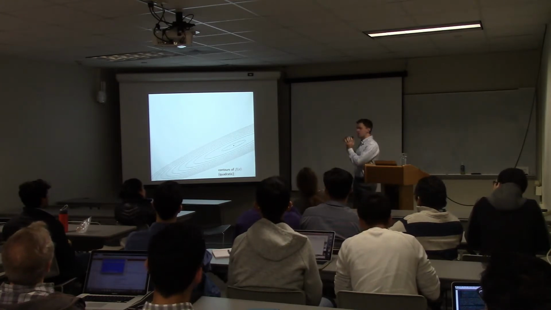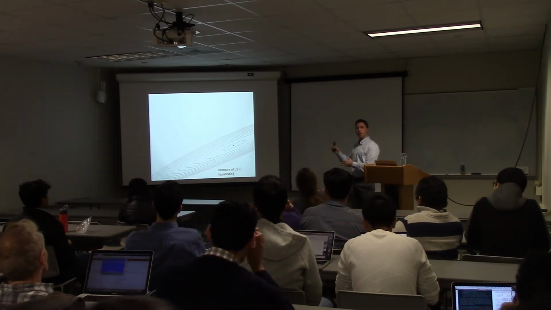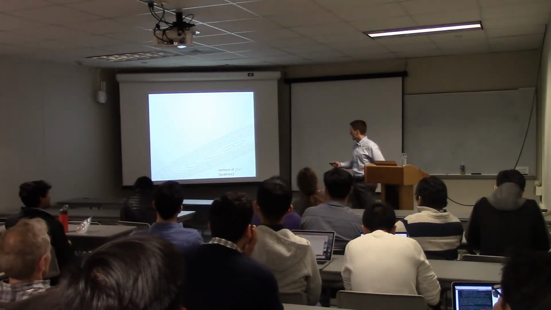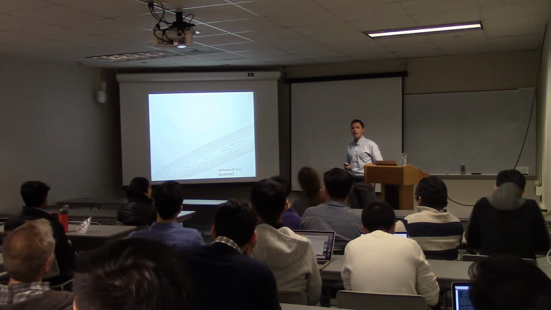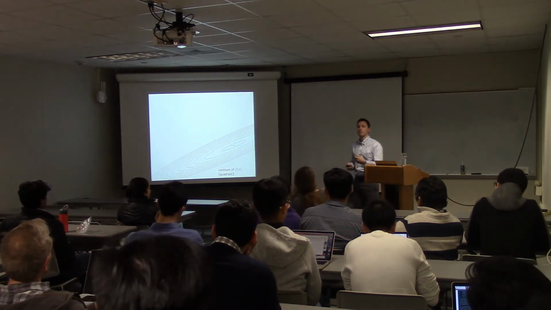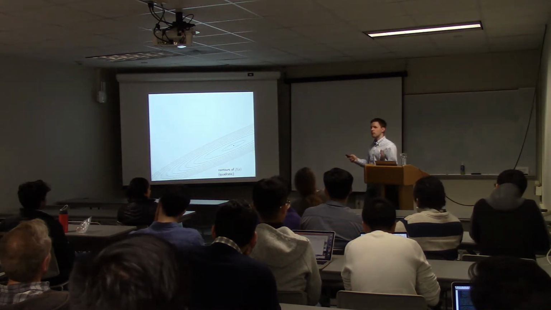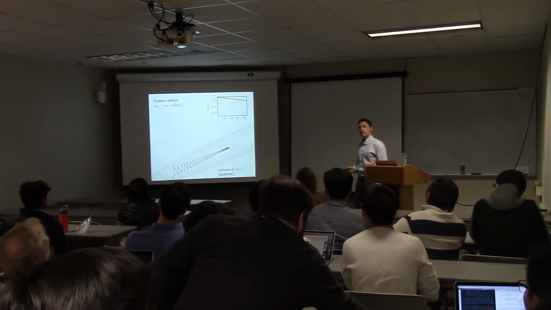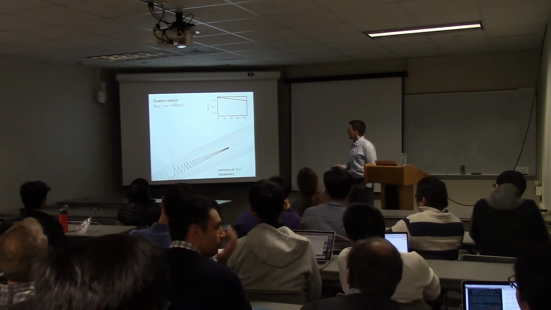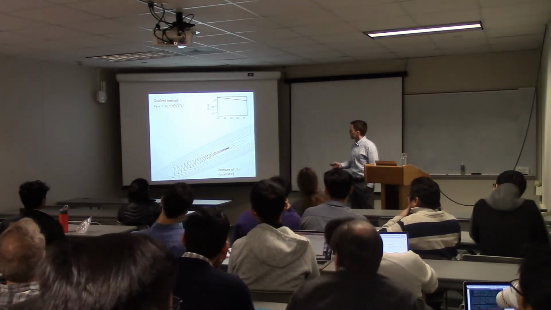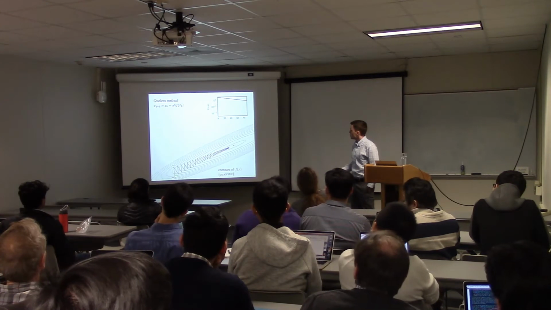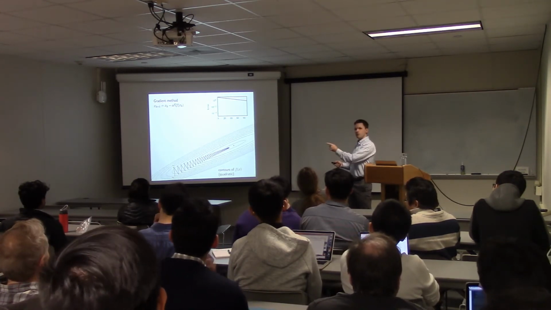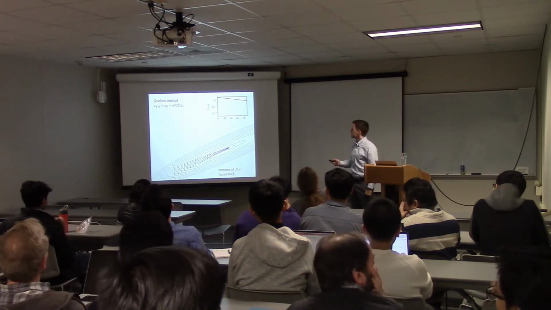So let's pretend that this is the function we're trying to optimize, and these are the contours of that function. In this case, it's just a quadratic function. And this is the optimal point that we're trying to find. We're going to use an iterative method. So what's the simplest iterative method anybody can come up with? Gradient descent. So what does gradient descent look like? It looks something like this. You start at some point x naught, and then you move in the direction of steepest descent. You evaluate the gradient at your current location, and you move in that direction. In this case, I'm using a fixed step size.